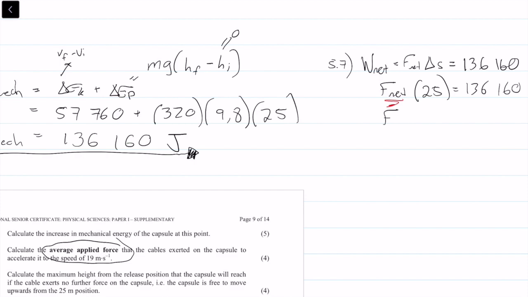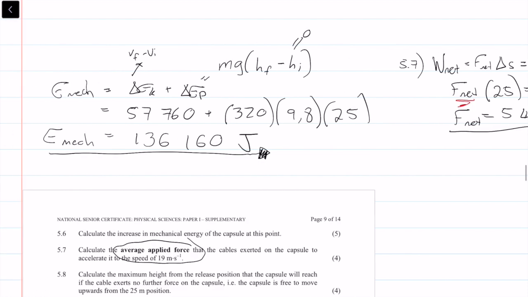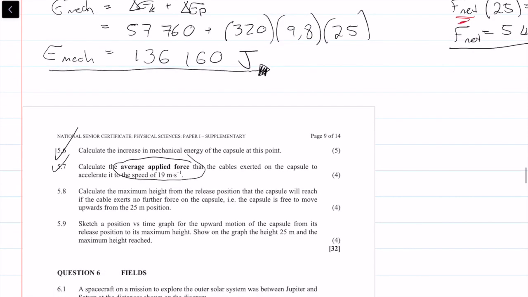So F net we can calculate as being 5,446.4 units of newtons. Okay, and that's the final answer, and we get ourselves 4 marks there. Cool stuff. Okay, then it says calculate the maximum height from the release point that the capsule will reach if the cable